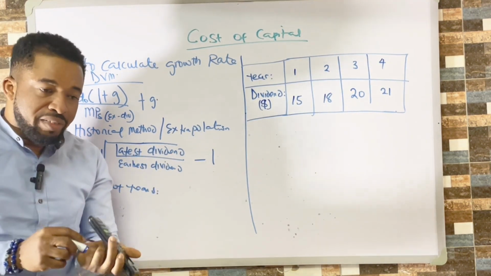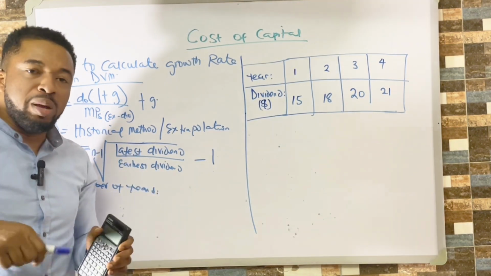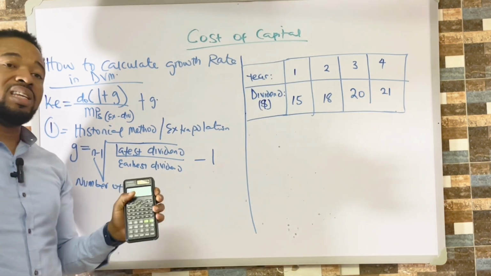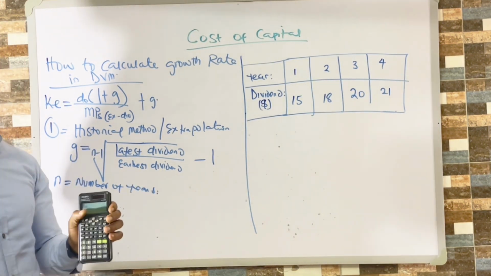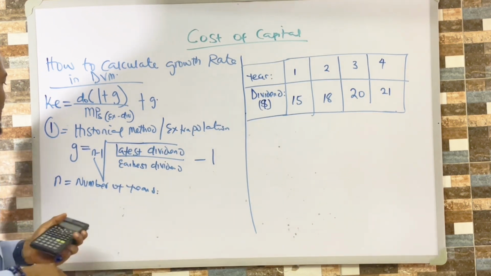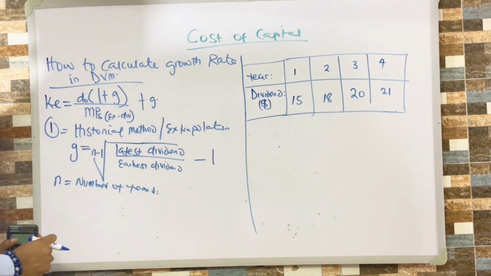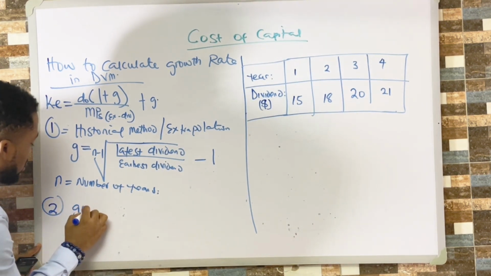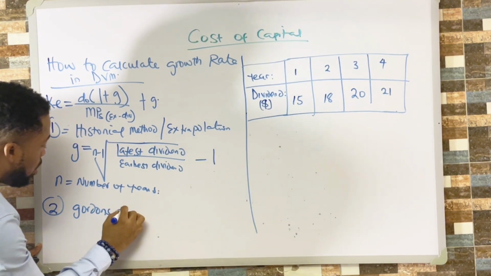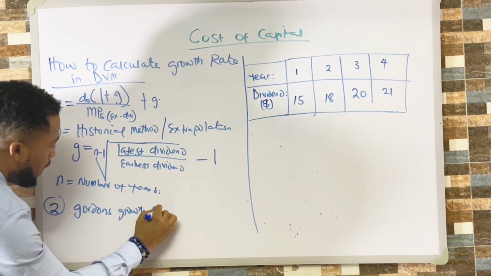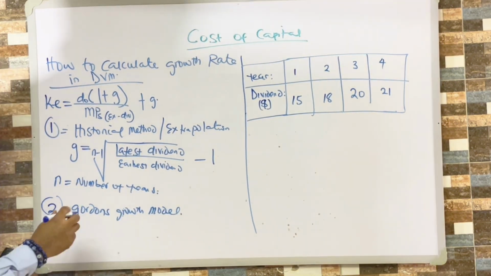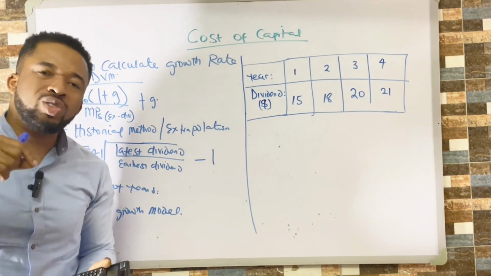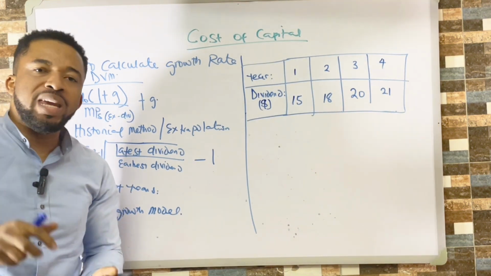The latest dividend is the last dividend that you have, the most recent dividend that has been paid. The earliest dividend is the earliest dividend you can observe, the earliest one that has been paid. This is how to calculate the growth rate using the historical method. And the second method is the Gordon's growth model. According to Gordon, the growth in any company is determined by the